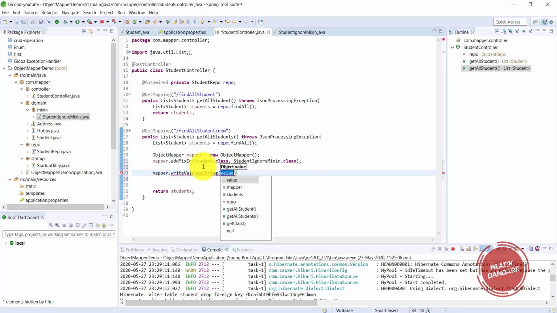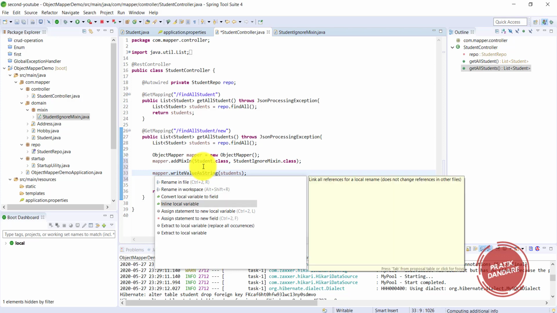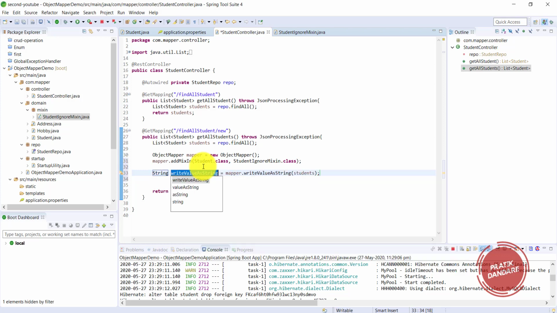Here we need to pass the object. So our object is students. I pass this object. This method returns the result in the form of a string, so I have the response, or rather a JSON string. Now I need to change the return type of this method, which is ResponseEntity.